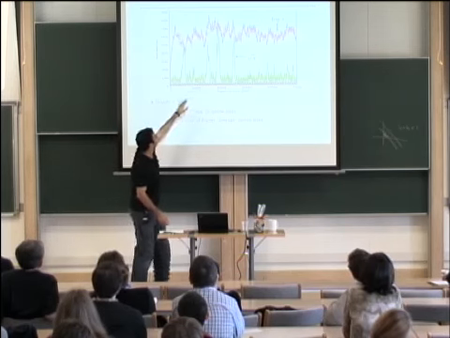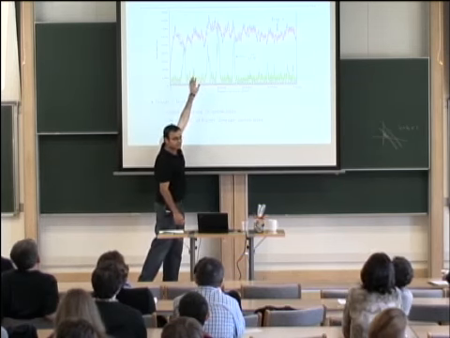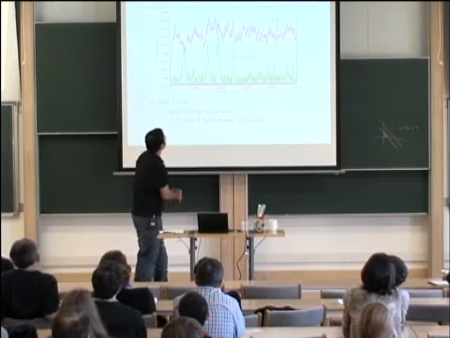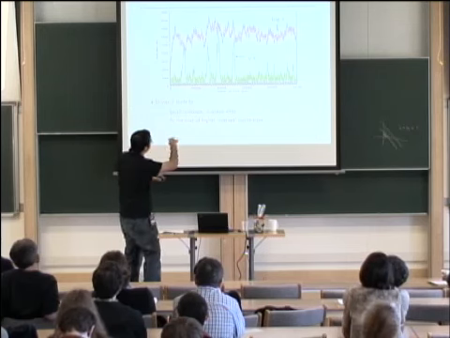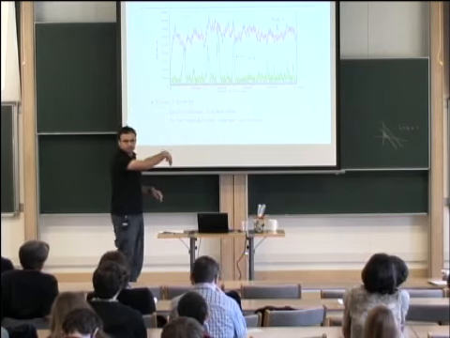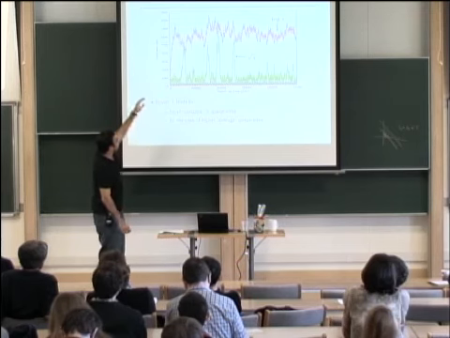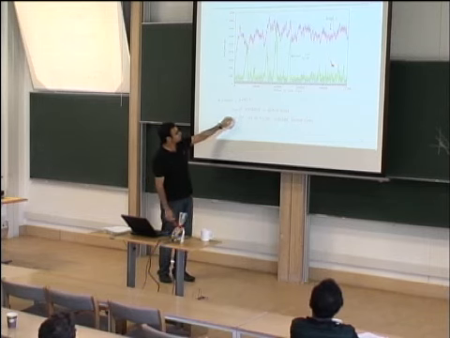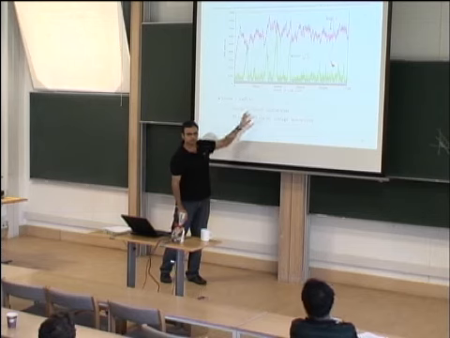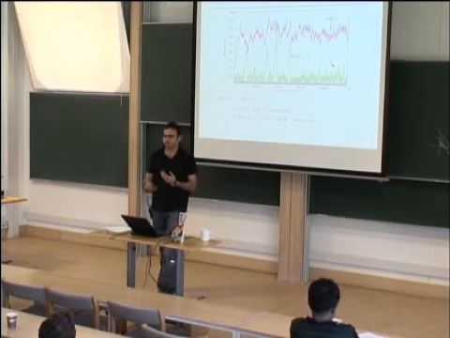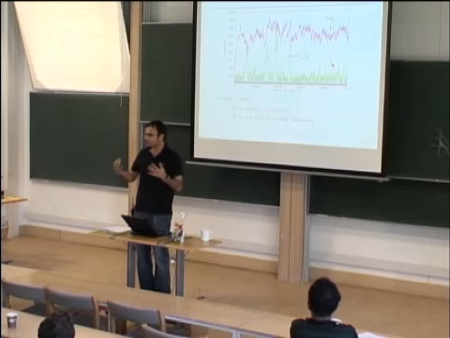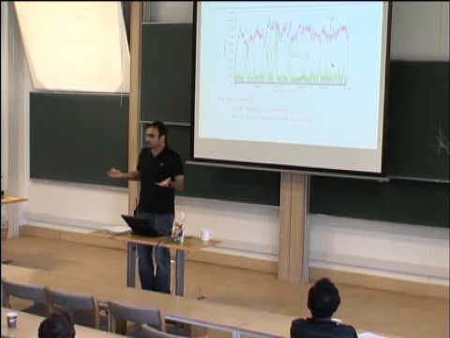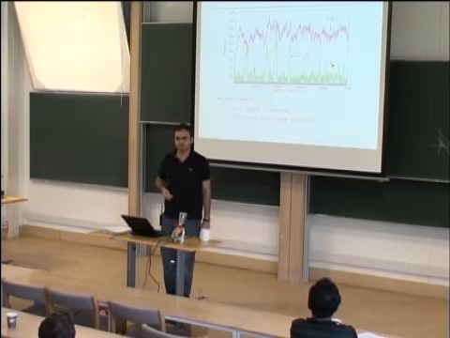So this one is more aggressive. That one is less aggressive. What's happening is that the more aggressive one has average Q small, but there are wild oscillations. And the less aggressive one has average Q's large, but they're a lot more stable around that average. So it naturally suggests that slower f's lead to smaller variance, but larger average Q size. That makes sense: you first suffer a cost in terms of average, and then you're really stabilized. Yes, Tim?